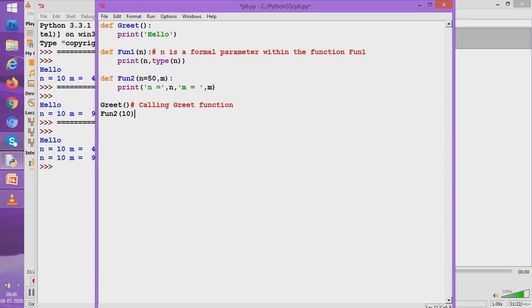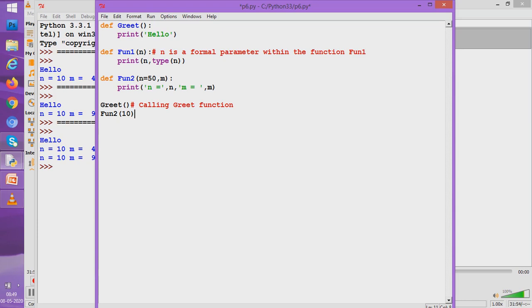No students, you are wrong if you are thinking so. As you are passing 10, we can think, okay, the first value is going to replace 50 in n, and n is going to take 10. And if you think in this way, then what value is m getting? M is getting nothing. So is the interpreter going to work for us?